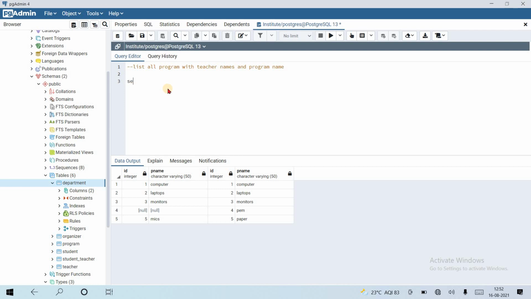Suppose we want to connect a teacher table. I'm using teacher on the left side because we are using right join, and we want all programs, so I am writing the program table on the right side. On teacher dot tid, which is the common column, equal to program dot tid.